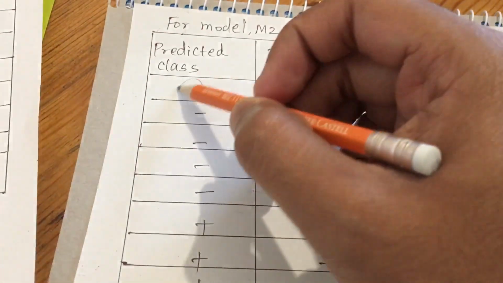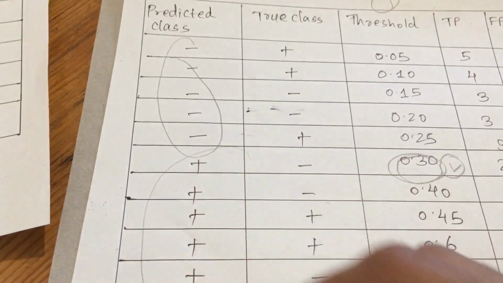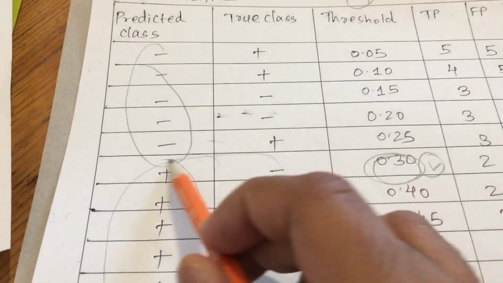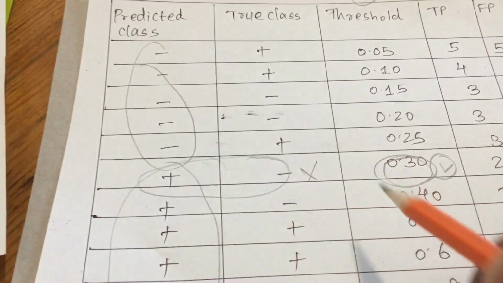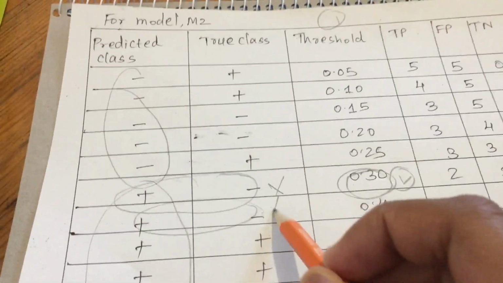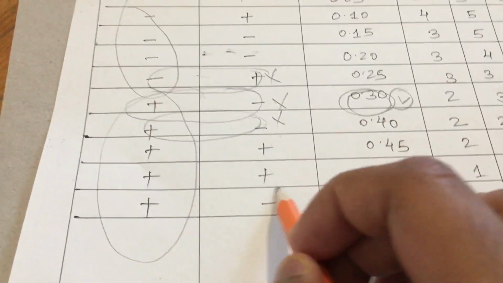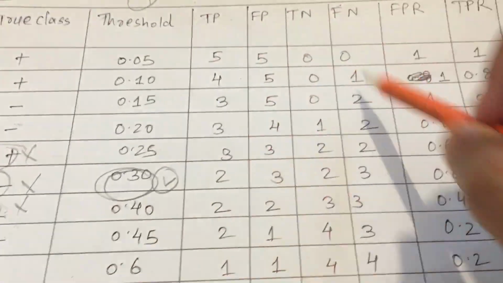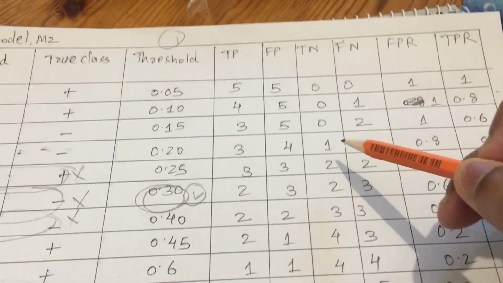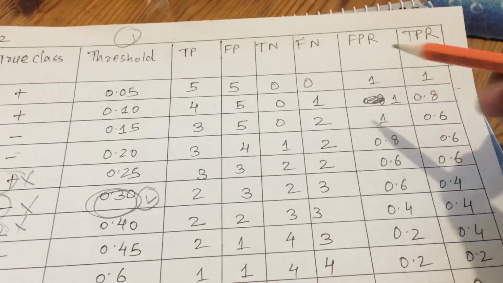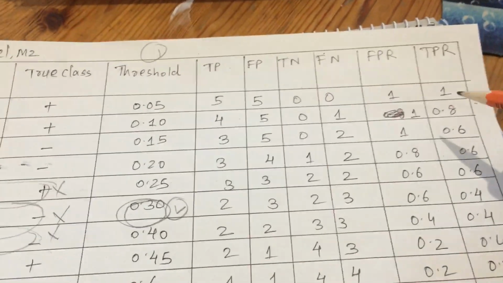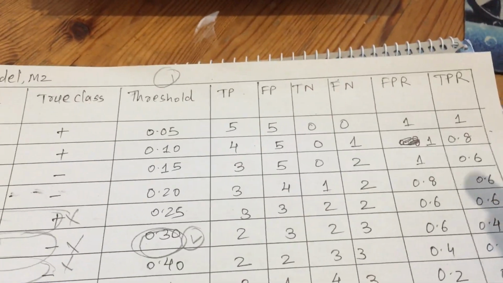Similarly we get some negative instances and some positive instances, and we can see that this one is incorrectly classified, this one is incorrectly classified, and there are many other instances which are also incorrectly classified. Similarly we just construct this table. The logic remains the same as I've discussed previously, and then we calculate the FPR and TPR. Now we have basically two curves from model M1 and model M2. With that we'll construct